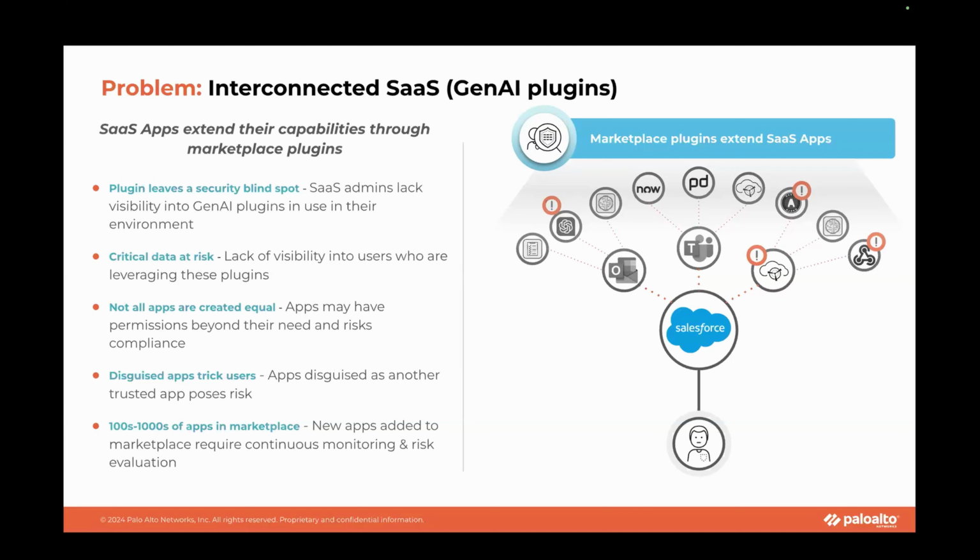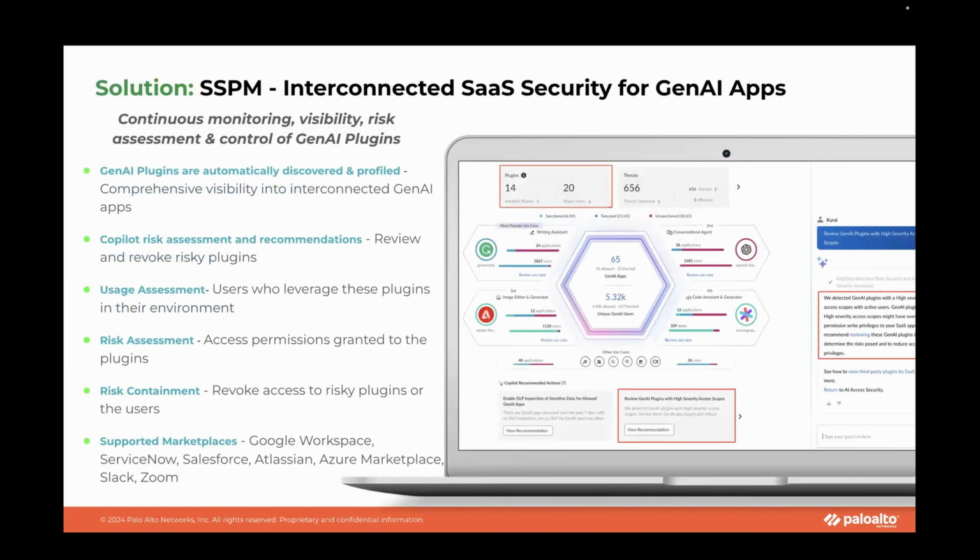And there are many SaaS apps that you may be using, right? Google, Microsoft, or Slack, and many other apps. Every app has its own marketplace. So how do we help you manage and control these apps, right? So what we introduced is called interconnected SaaS security, especially with the GenAI apps focused,